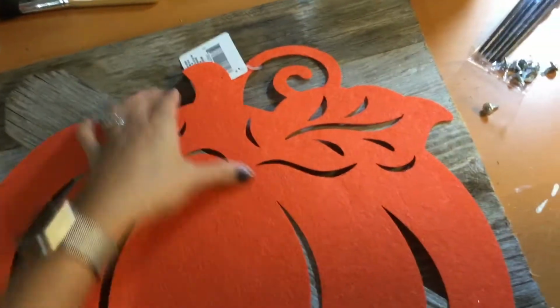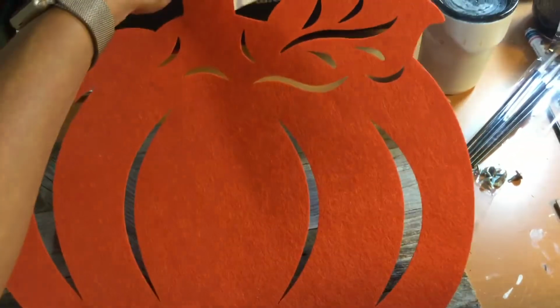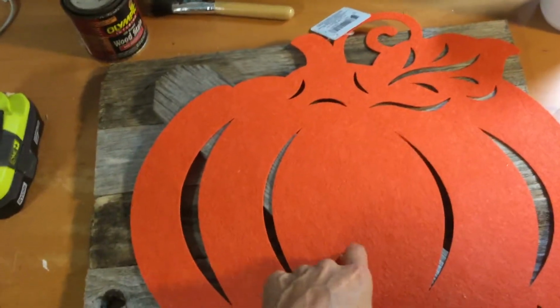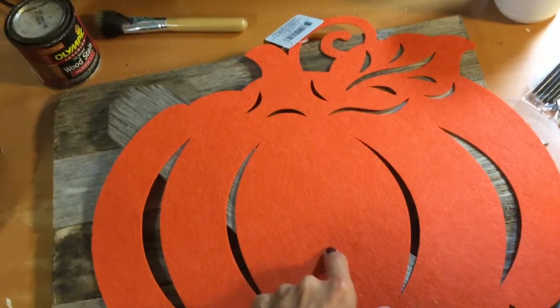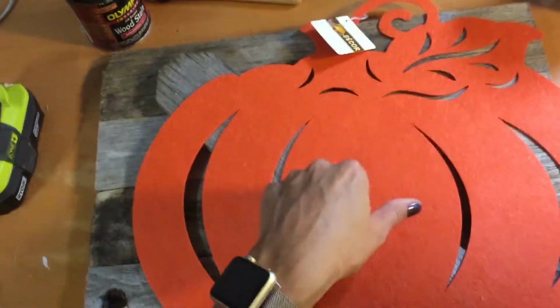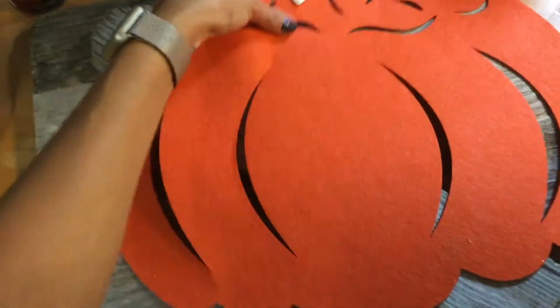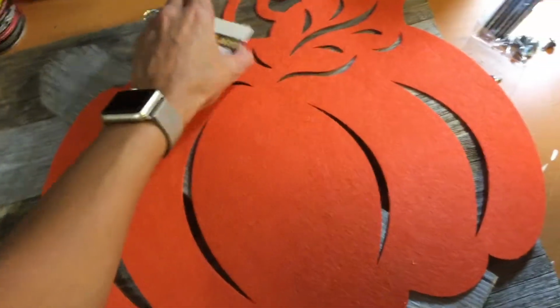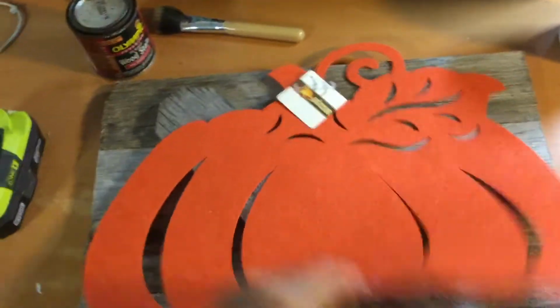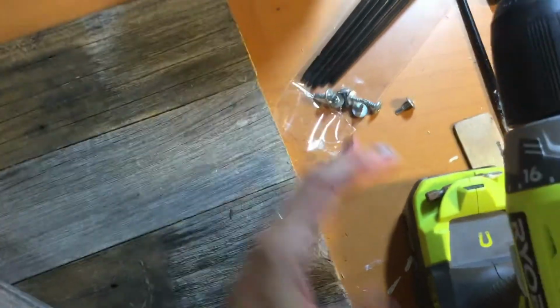So what you're going to be needing is this placemat from Dollar Tree. They have this one, and then they have the fall maple leaf that I actually did another DIY with and put on a pillow and put on my front bench on the porch. But anyway, for this project, you're going to be needing the pumpkin placemat from the Dollar Tree, some screws,